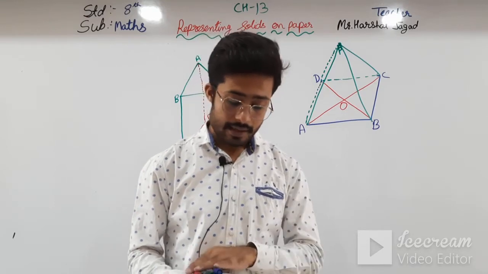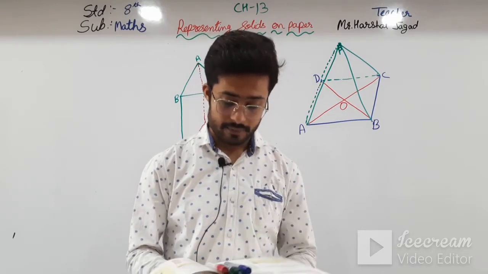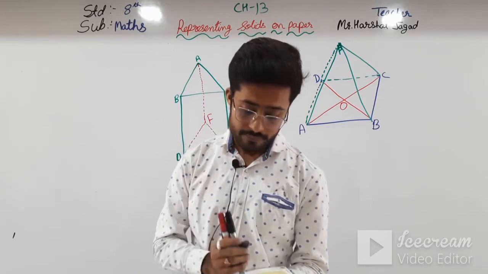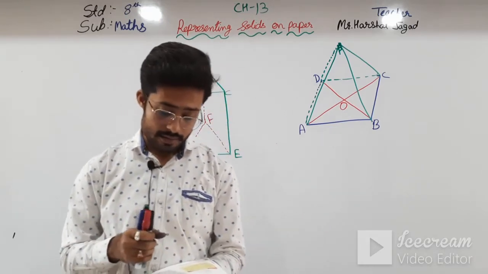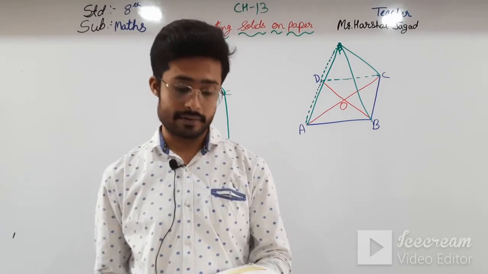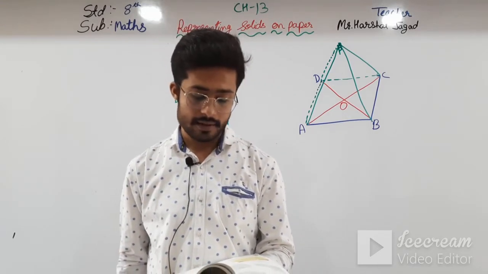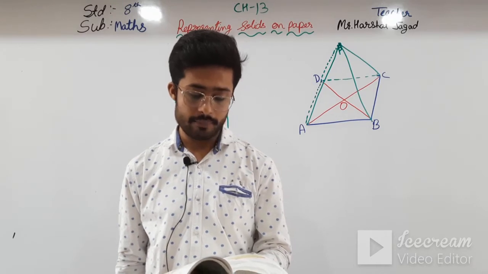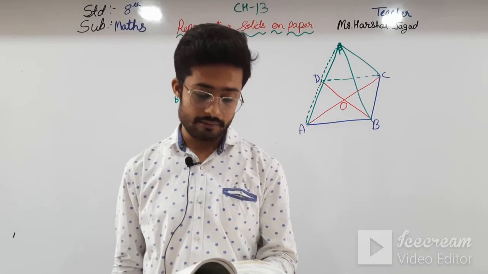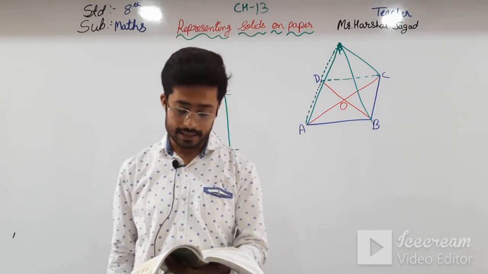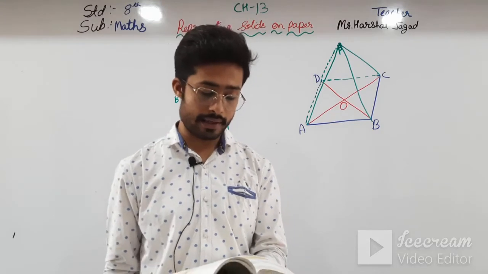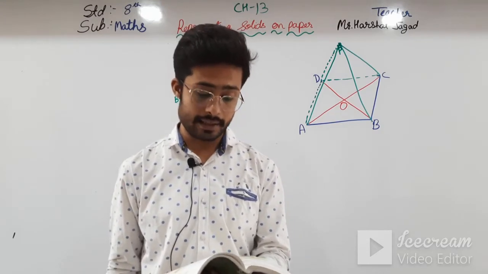See here, in an isometric drawing, I am just reading first of all, and then after we will draw. Lines of equal length represent equal sides of the actual solid. Also, parallel lines represent the solid's parallel sides. The steps in figure 13.19 show how the solid in figure 13.18 can be drawn on